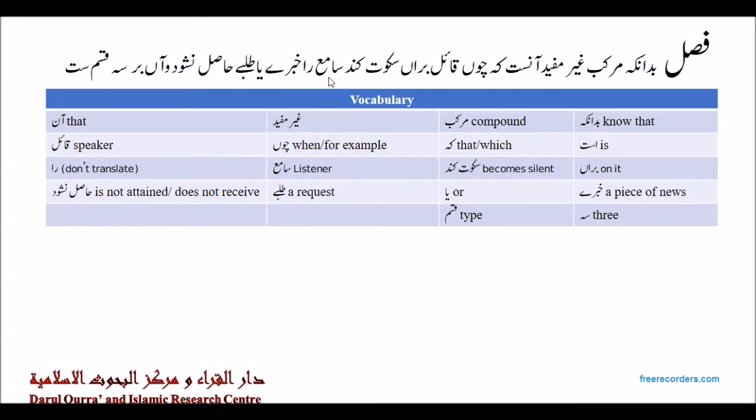Sami' is also an Arabic word used in Farsi. It means listener. Ra is a word which we don't translate in English. It comes after an object in a sentence. So this tells us that the Sami is an object in the sentence, but we're not going to translate it in English. In Urdu we would translate it as ko. So Sami in Urdu is sunne wala, and Ra would mean ko, sunne wale ko. But in English we're not translating Ra.